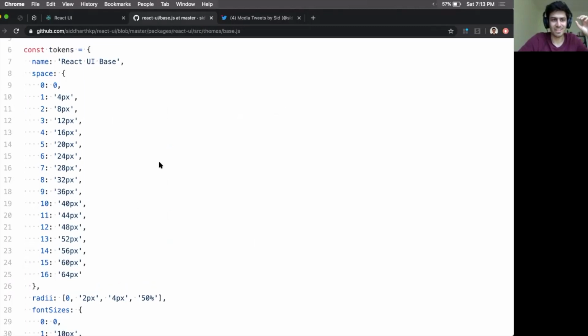If you look at the scale in React UI, there's an issue, there's a pull request. We're still discussing what's the best approach. The scale is defined in pixels, and the pull request that we have converts this into rem. So when you say use 2 units of space, you're thinking I'm using 8 pixels, and it gets converted into rem by multiplying 8 by 0.0625 to get 0.5 rem. So that's one of the approaches that we're thinking about.